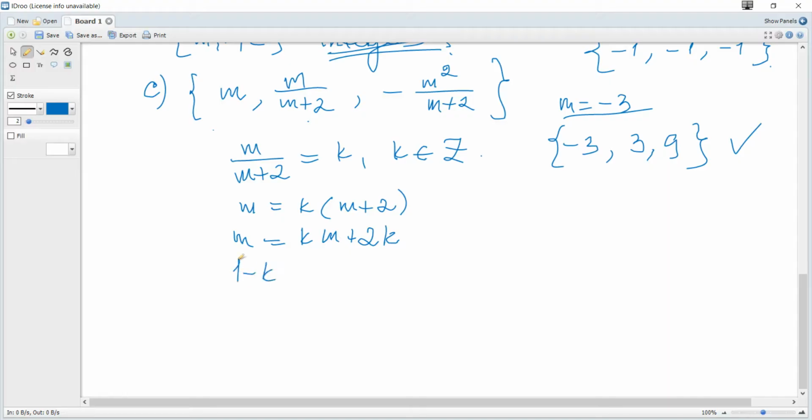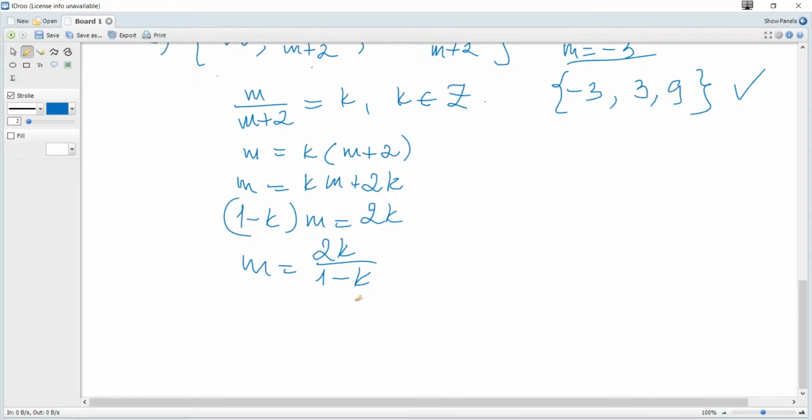So 1 minus k times m is 2k, so that m is 2k over 1 minus k, and k is an integer and m also must be an integer, and by trial and error we can see that